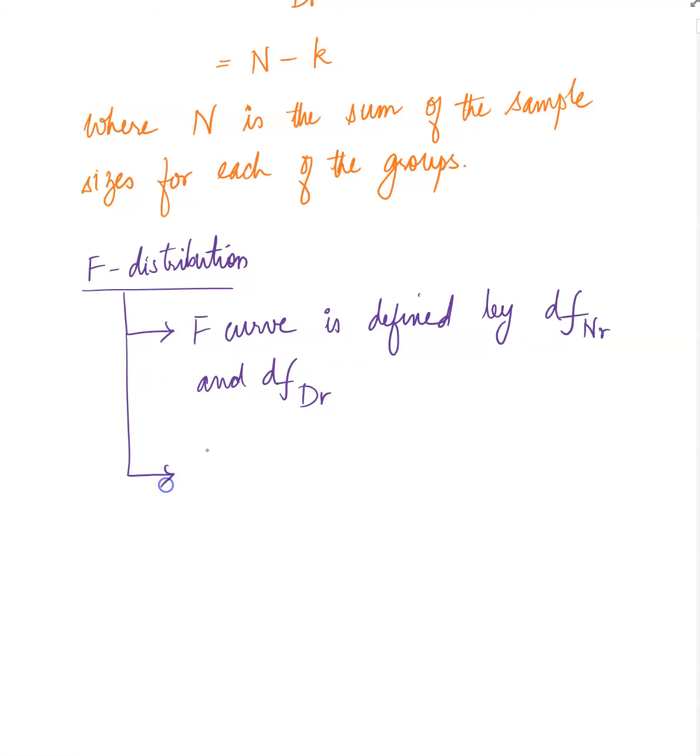And when we talk about the distribution, we say degrees. We indicate the F distribution by its degrees of freedom of the numerator and denominator. So in the previous example, we found the degree of the numerator to be 2 and the degree of the denominator to be 19. In that case, it would be written like this, 2, 19. So we understand that. And then, as always, the total area under the curve